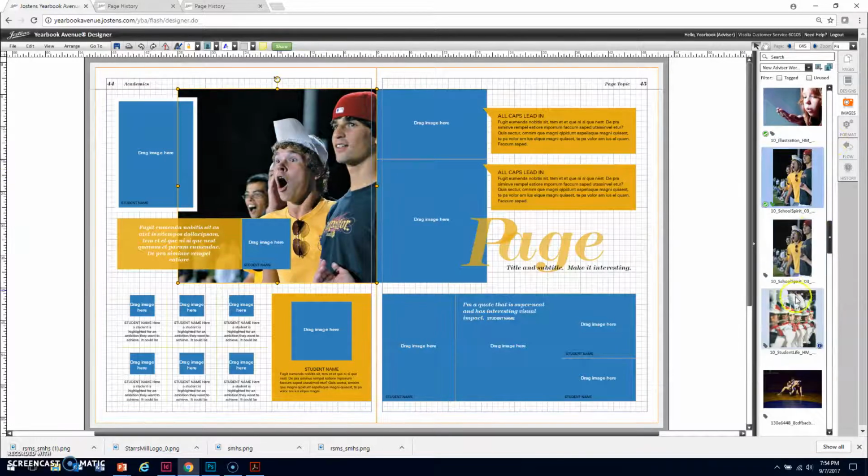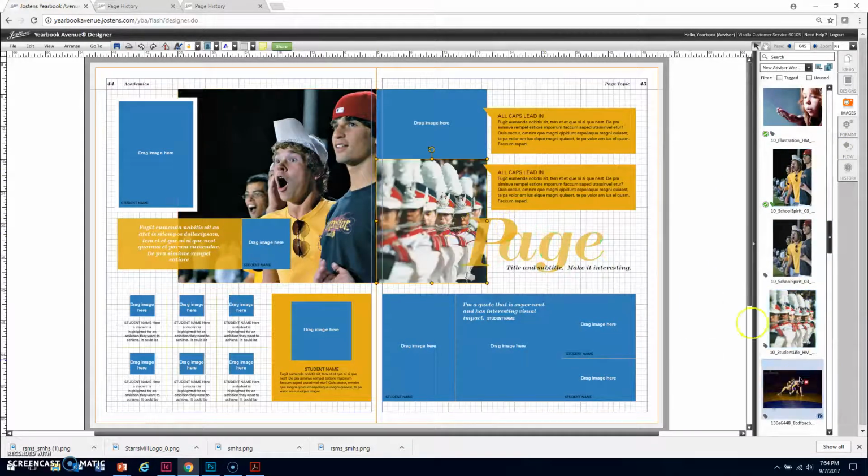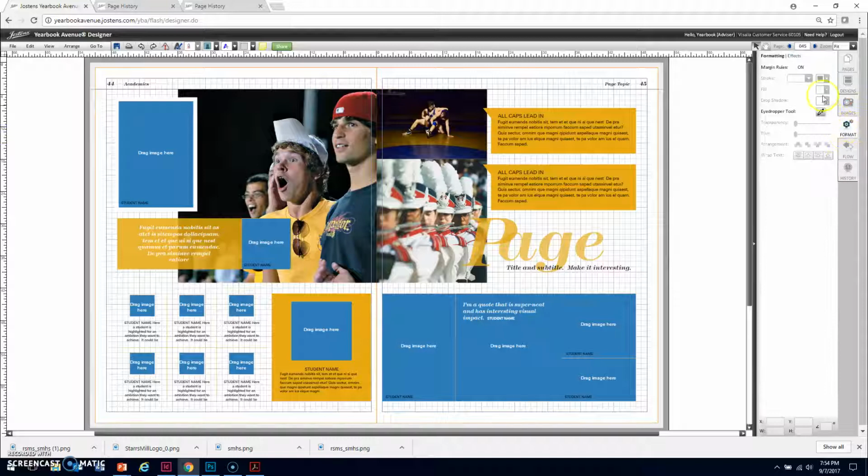After we have our pictures on our pages, so I'll just put a few more on here for you, we come to the Format tab. Now what's cool about the Format tab is this is where all of the changes happen to your pages. So if I'm not selecting anything, the Format tab is going to be grayed out. But as I select an element, it's going to light up with all the different features that are available to you. The best way to learn the Format tab is truly to push every single button, but Yearbook Avenue is